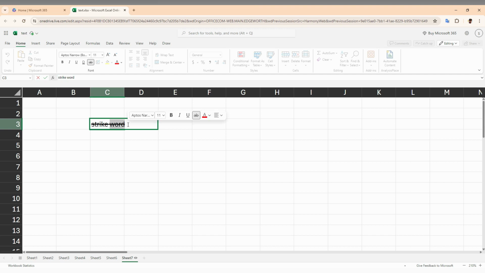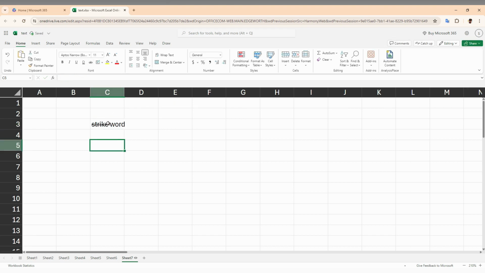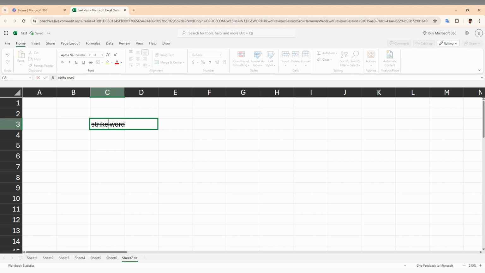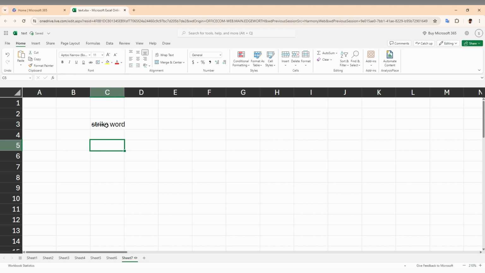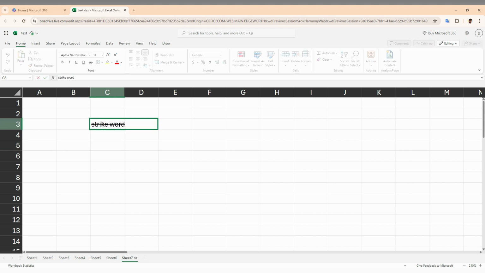So select the word inside the selected cell like this, and you will have this pop-up here itself. Otherwise, you just click on this, which will remove the strike here. So it will also appear for the space too. If you just want to remove the space strike also, just click this, and you can see now it's working on the strike only. So this is how you make a strike-through option on your Microsoft Excel web